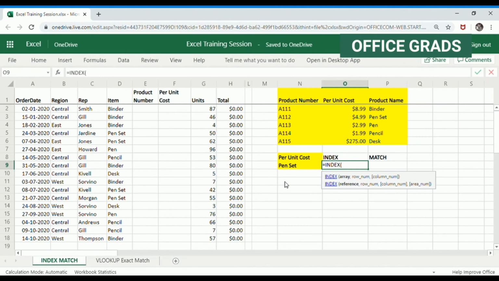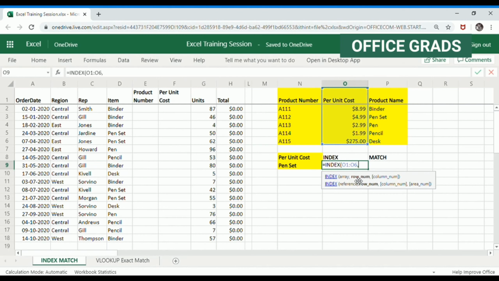In this case, I am looking for the per unit cost for this pen set. Here I don't have any lookup value or table array to be selected. You simply select an array from where you're trying to fetch the information. Since I'm looking for the per unit cost, I can simply select the per unit cost column, which is O1 to O6.